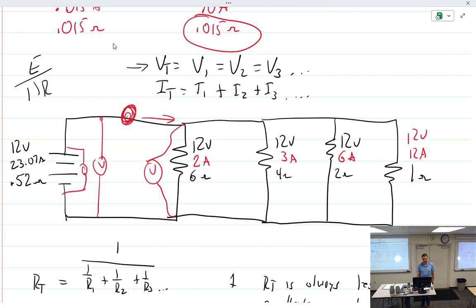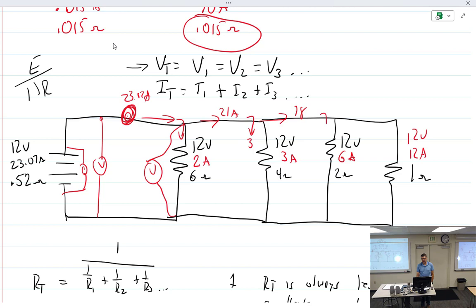All of it, 23.07 amps. Gets right here, and some of it leaves. How much of it leaves? 2 amps. So what's going this way? 21.07. 21 amps. We'll just round out. Go around it now. And then we got 3 going this way, so we got